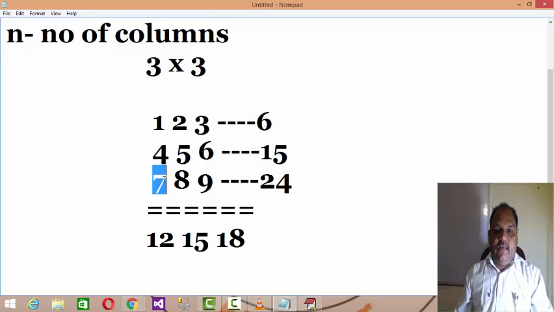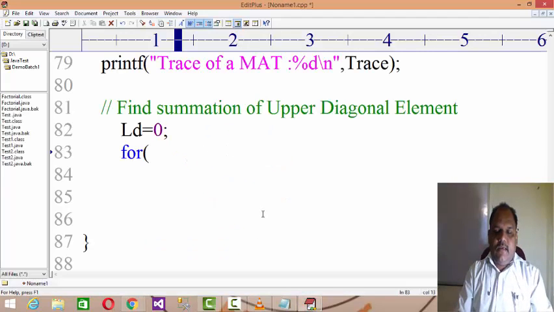So in this manner, here what you need to do: row equals to max, right? Row equals to 0, column equals to max, max means n minus 1.